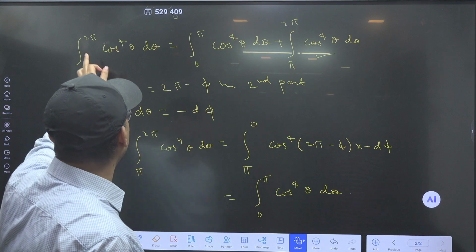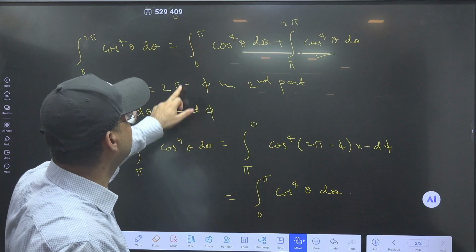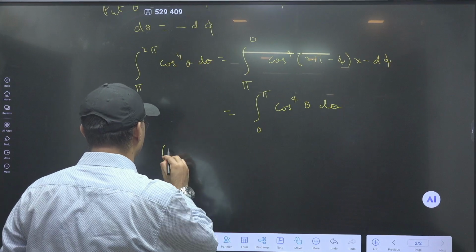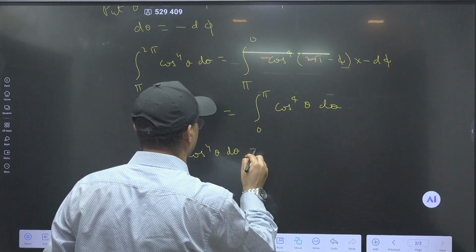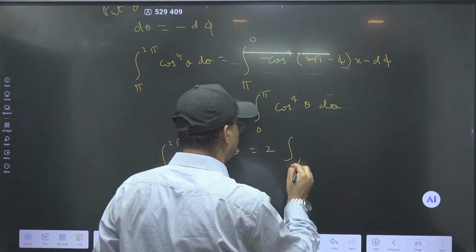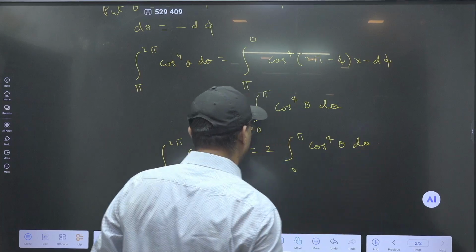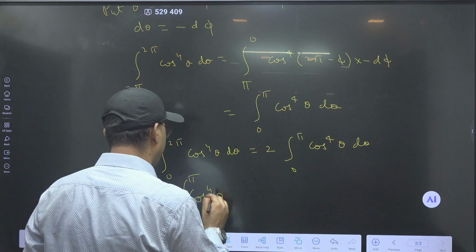So 0 to 2 pi cos 4 theta is 2 times 0 to pi, isn't it? So I can write cos to the power 4 theta d theta is equal to 2 times 0 to pi cos 4 theta, and hence my submission that 0 to pi